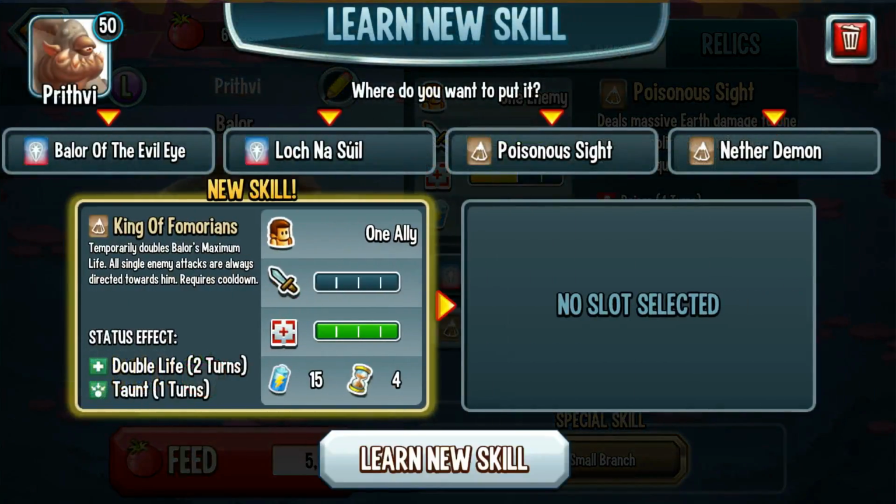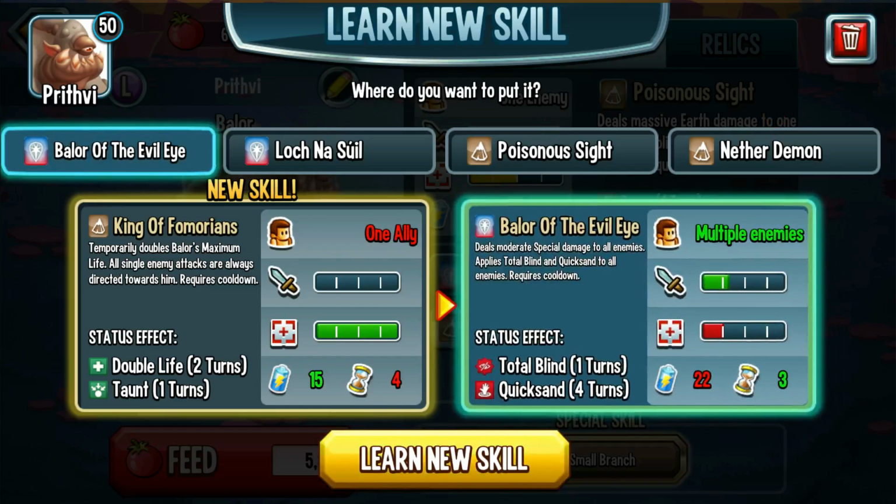Level 50. King of the Fomorians. Temporarily doubles Balor's maximum life. All single targets... Okay, this is a taunt. There's a very good question. How do you see this guy? Do you see him as a tank, or do you see him as a damage dealer? If you look at everything else he does here...